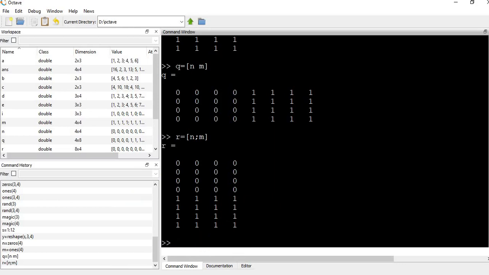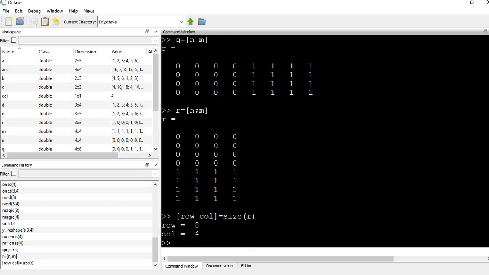And if you want to know how many rows and columns are in this R matrix, write into square bracket, row space column, equal to size of R. It will give the rows and columns. Here, 8 rows and 4 columns are there in the R matrix.